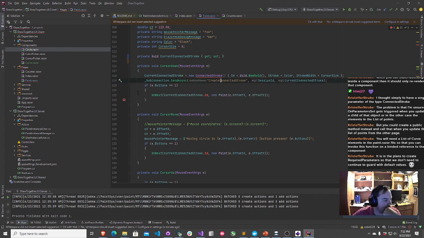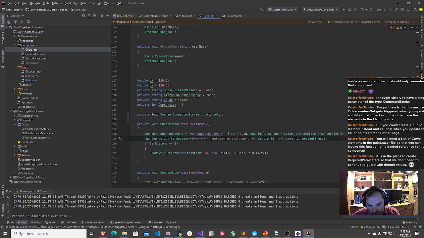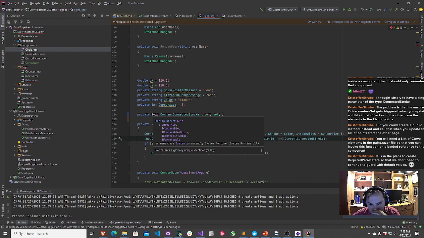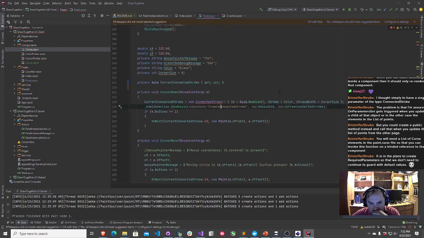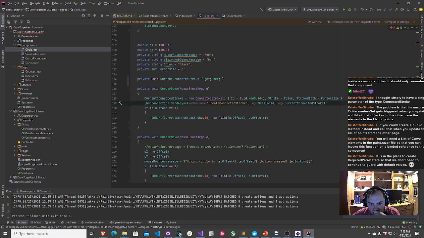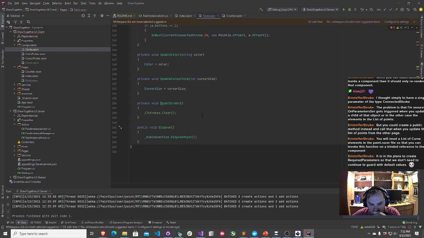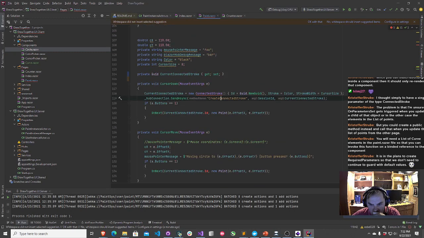Because we do need to invoke a method directly on that UI component, but this is integrated with how our server side stuff works, and we can't serialize that. Current connected stroke. On next, new point, offset X, offset Y. Go ahead and do that. On next, current connected stroke to ID.